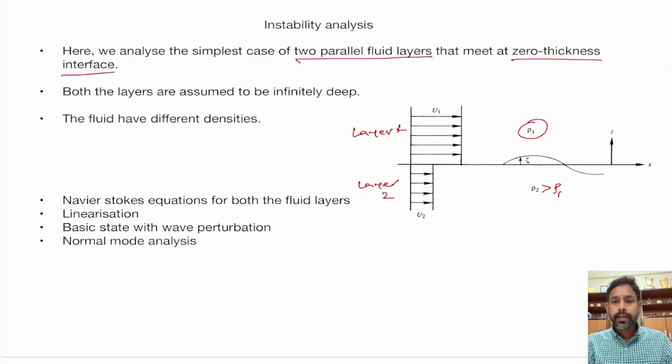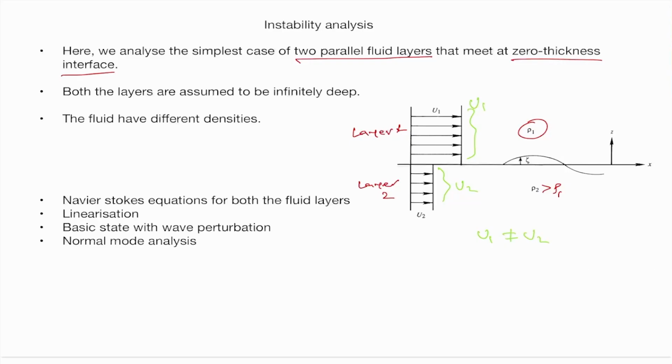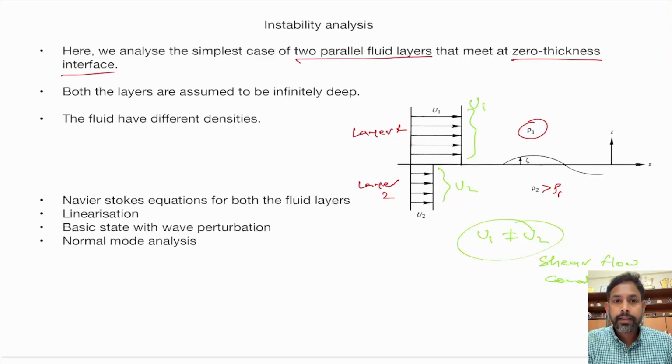Okay, so initially these two fluids are stable, and they are stratified and stable, but we also assume that there are two different velocities. So the upper layer is moving with velocity u1 and the lower layer is moving with velocity u2, where u1 is not the same as u2, and in this case we are assuming u1 is greater than u2, and that means there is a shear flow. This actually means that shear flow condition, which basically tells you when there is velocity difference in the transverse direction, right? So this is our basic